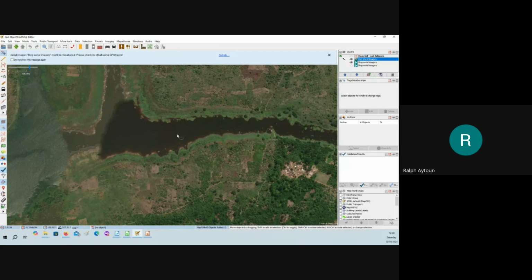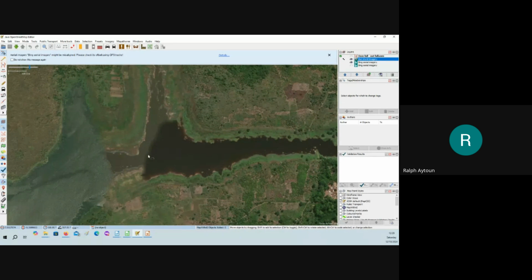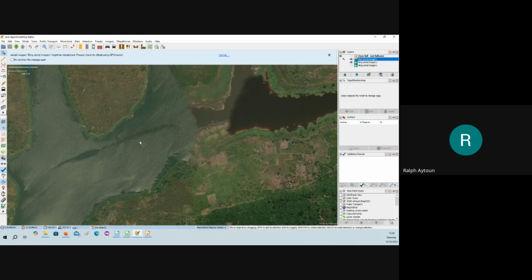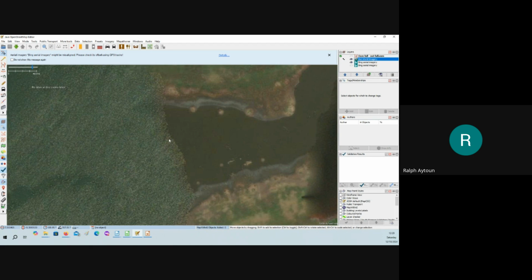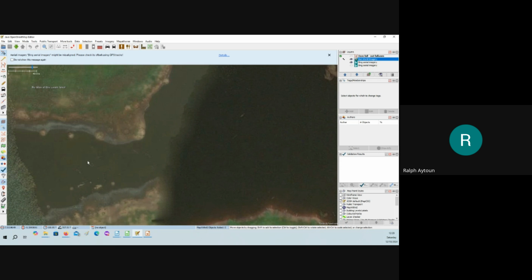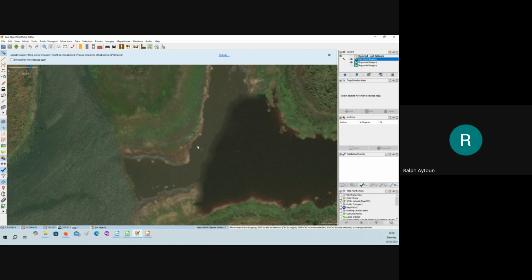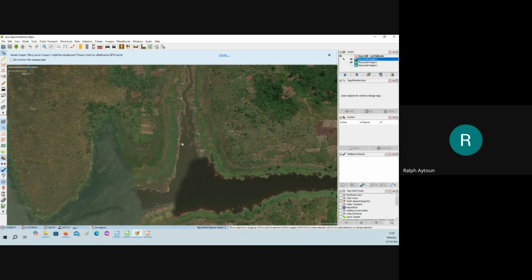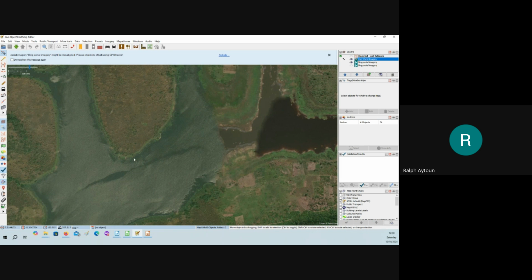All of a sudden now this part is full of water, okay? And this part is quite shallow, and that is full of water. Now I can see here, this has been patched in, that has been patched in, and that is the original previous that you were seeing on Bing. So that's a low level mark. This shows a higher level mark, and that shows an even higher level mark, which makes it very difficult.